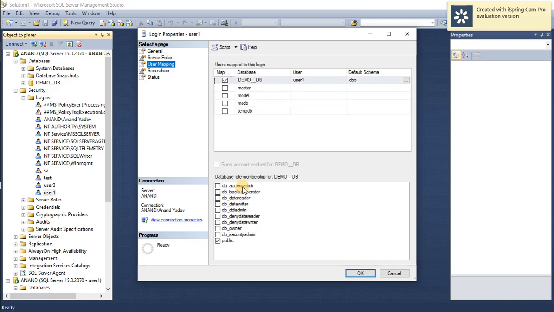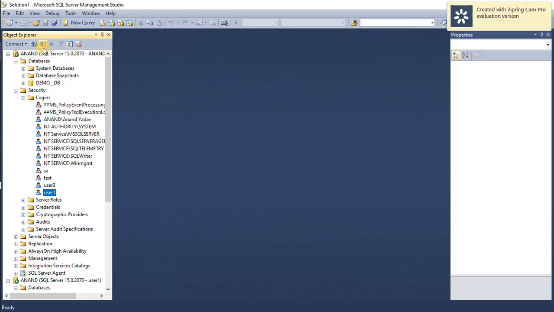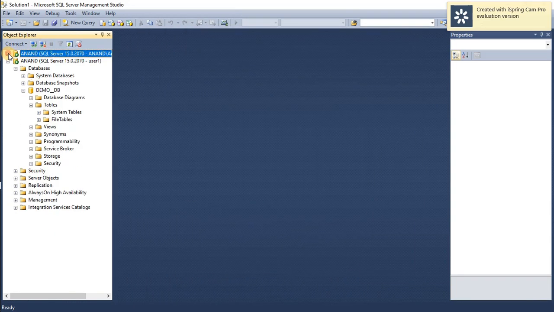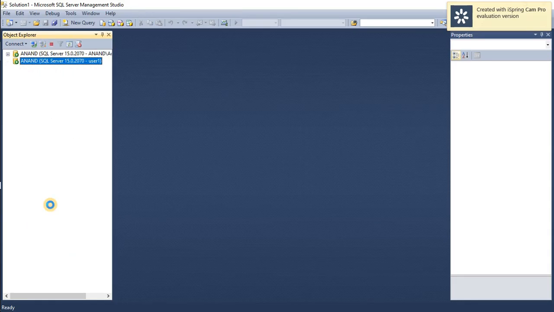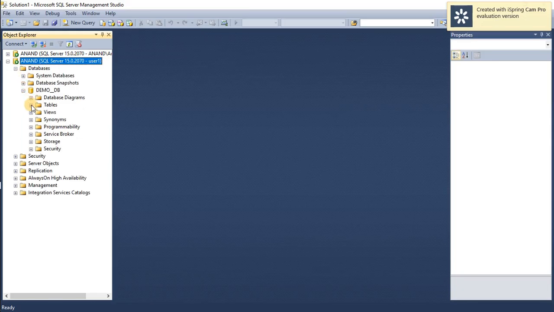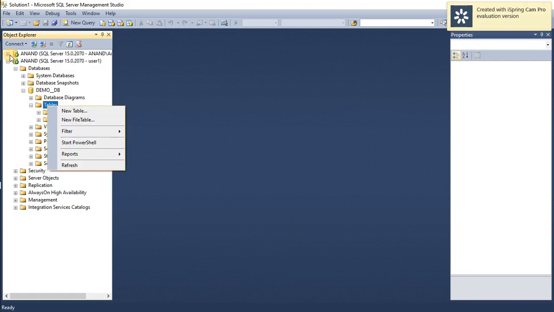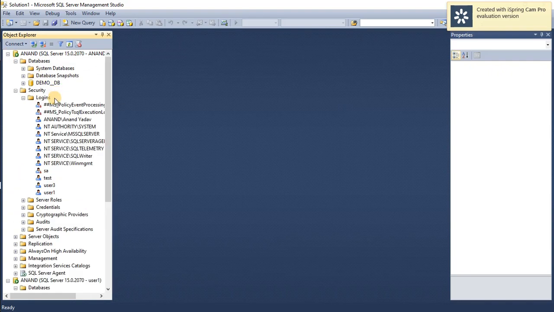So I give him a DB access admin. Just refresh it under database demo table. Oh, he cannot see the options.